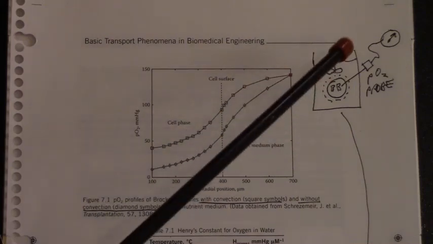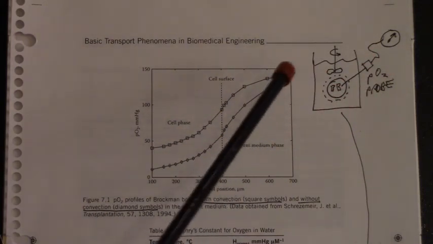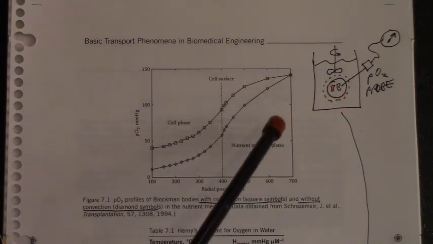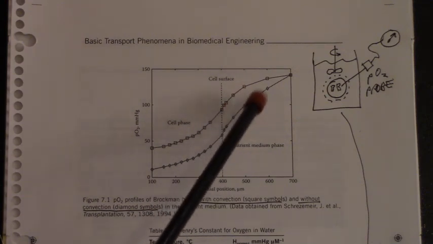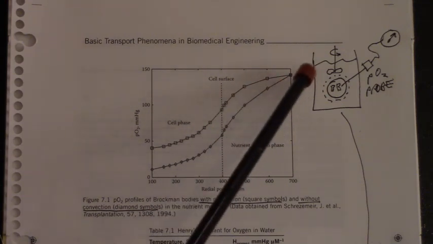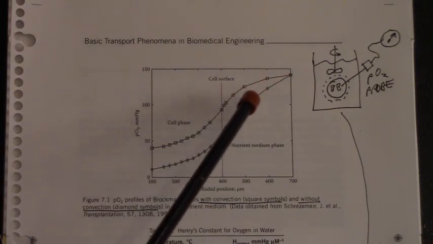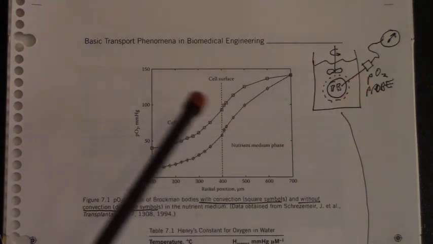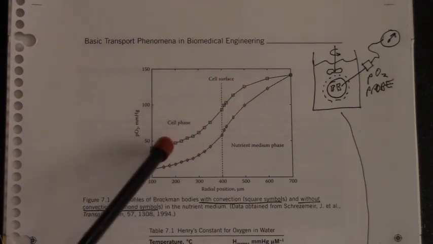When they added a little bit of agitation and got some convection around the Brockman body, you can see that the PO2 levels within that mass transfer film or boundary layer increase significantly. So you can see the enhanced mass transfer that happens in that particular case. And the higher values of oxygen in the surrounding boundary layer then leads to higher oxygenation levels within the cell